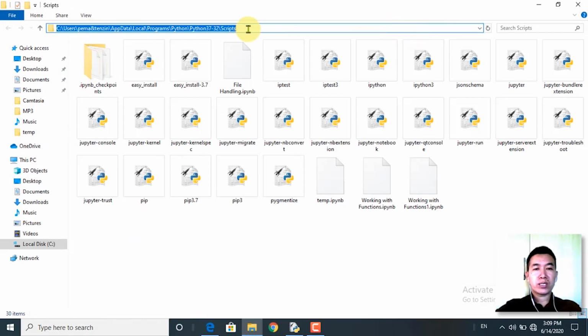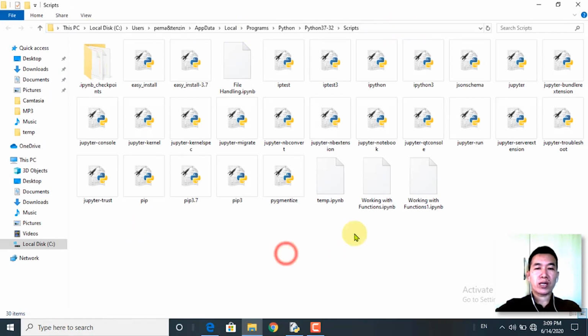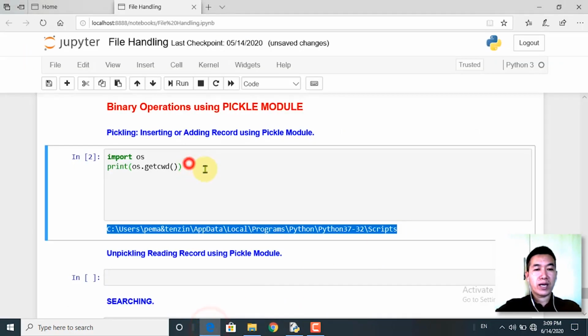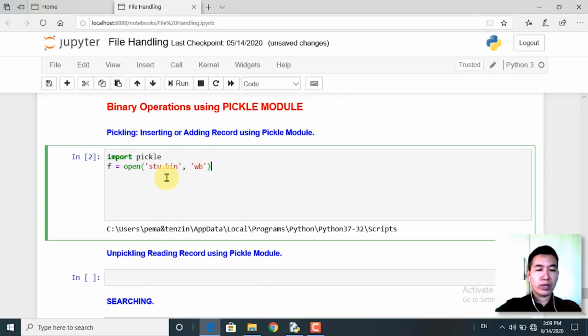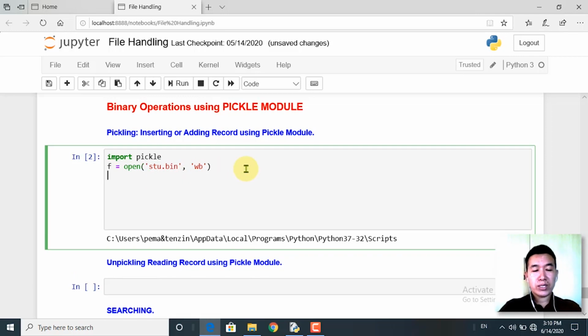This particular address points to the current working directory, which means this is where the Python files are stored. All right, so let's go back and get back the earlier two statements. If I just mention stu.bin, this file will be created in the current working directory, which I've just shown you. So let's go to the third statement, and then it will be